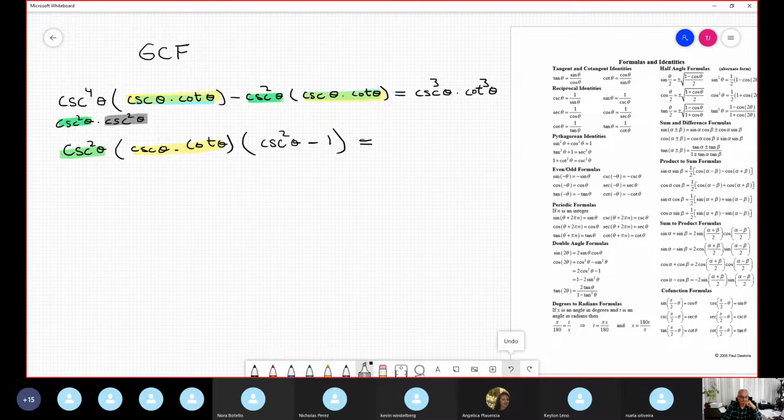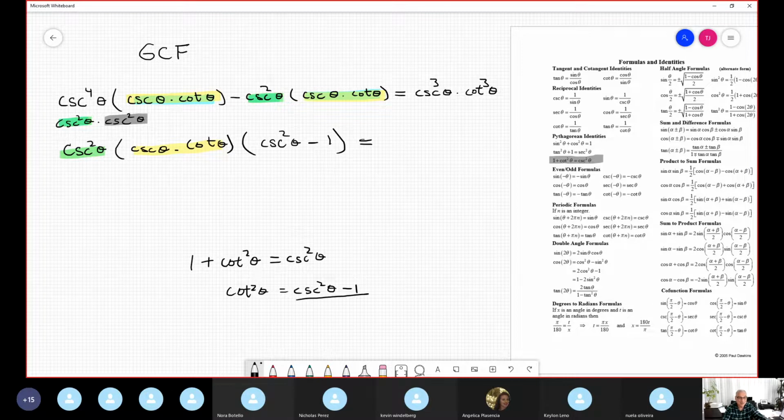Okay, now, what should I do when I am lost? I come back to my famous cheat sheet and the Pythagorean identities. I can see, look here, cosecant something, this one. Let me recopy here: 1 plus cotangent square theta is equal to cosecant square theta. Cotangent square theta is equal to cosecant square theta minus 1, no? So I move this one to the side. And this is exactly the same as this.